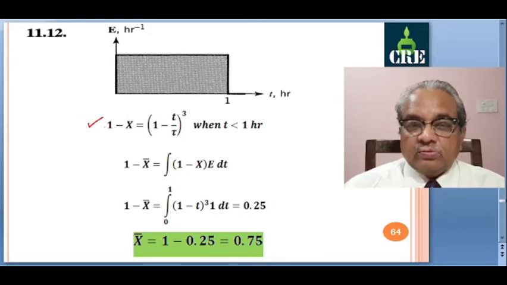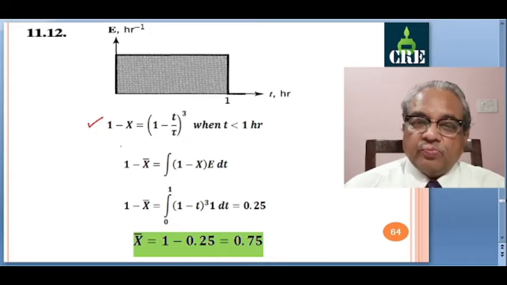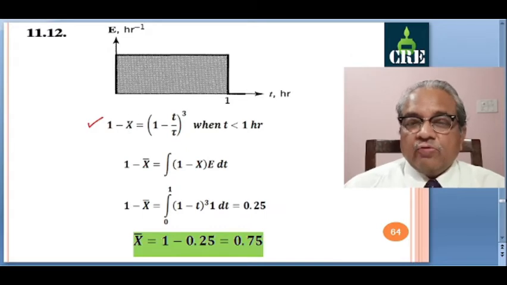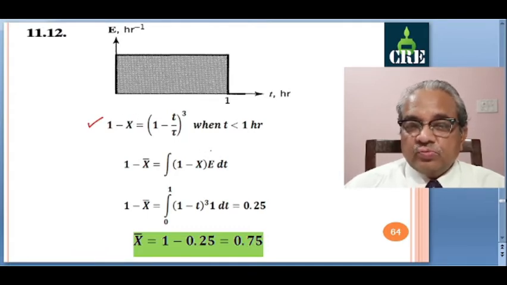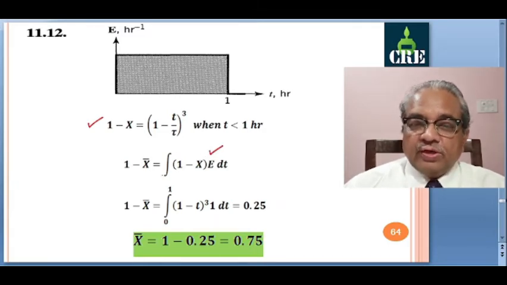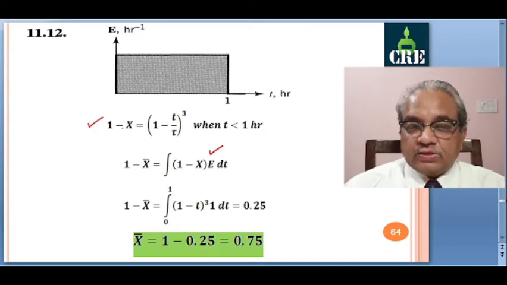Now, this is for the particles, and we have a lot of particles, and there is a distribution of different sizes of particles, and that will get into finally the exit age distribution. Exit age will be different for that, and that exit age distribution is given by E, that is exit age. We have to integrate this 1 minus x into E dt to get 1 minus x bar.